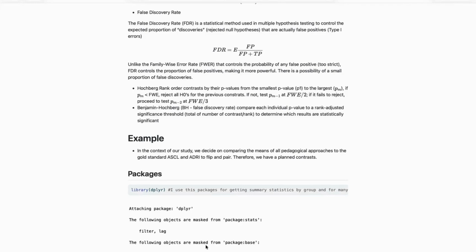All right. And so we can finally get into our example here. I do want you to know that in the context of our study, we have decided on comparing the means of all pedagogical approaches to the gold standard, which is the ASCL. And we're also going to be comparing the ADRI to flip and pair approaches to the confidence that students report when applying